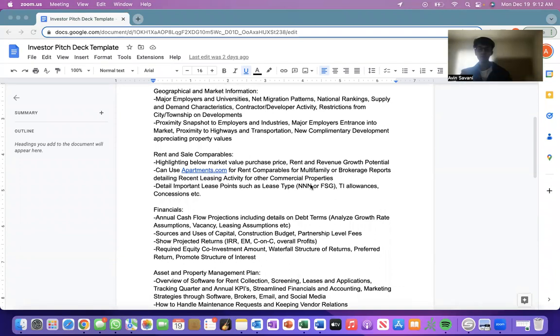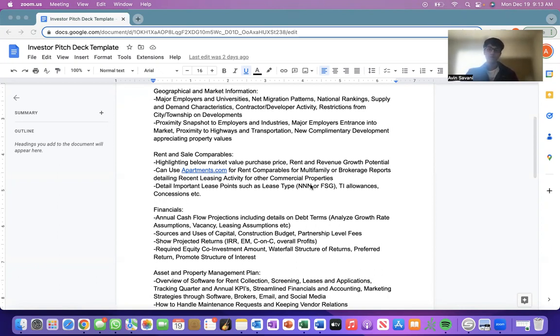So this is something that I would also pull sources together, like reports from brokerage firms or other data reports from, let's say, the National Association of Realtors, the Census Bureau, or apartments.com, some cool websites where you can get a lot of good data. You can also mention some macro economic data, whether that be the Fed's interest rates, or contractor activity, like permits that are being issued in the area, some good data that you think would be valuable for the investors to know about.